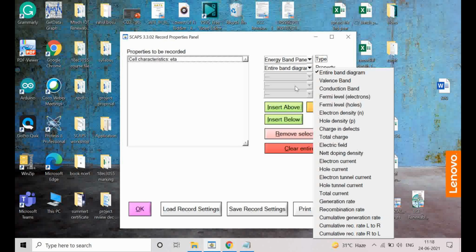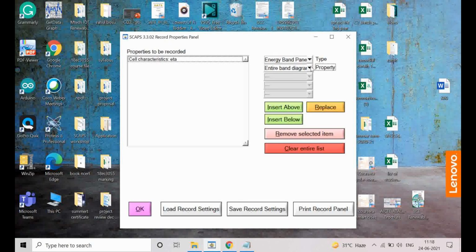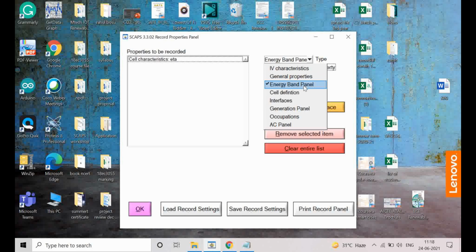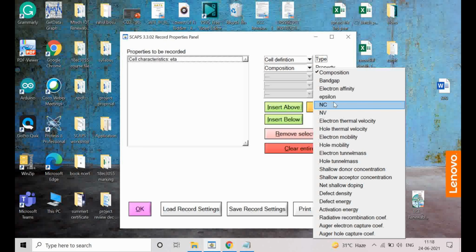There are so many parameters you can analyze. I will change it again. Cell definitions: like electron affinity, how these change, and defect density and defect energy, how these change.